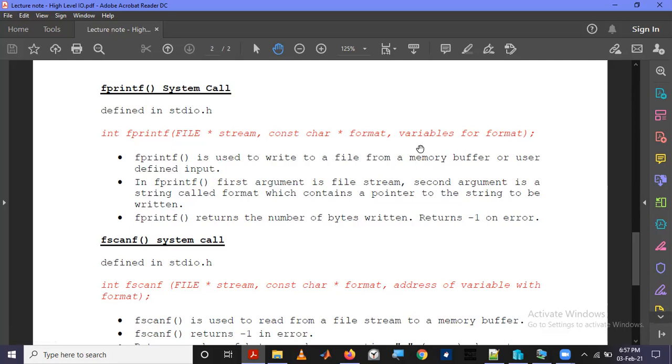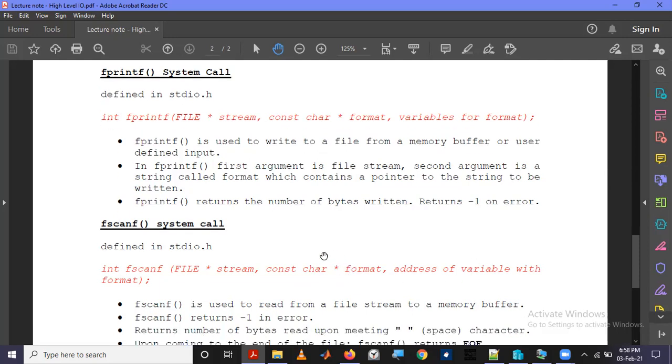So the difference between these two is that here the variable name is passed, the variable itself is passed. Here the address of the variable is passed. You must remember that from when we discussed printf and scanf. So this, as I explained before, is used to read from a file stream to a memory buffer.